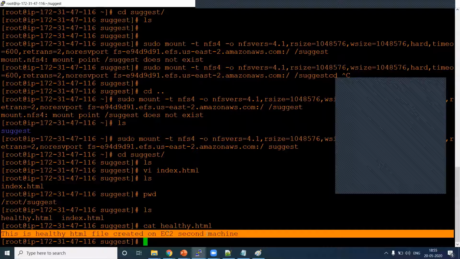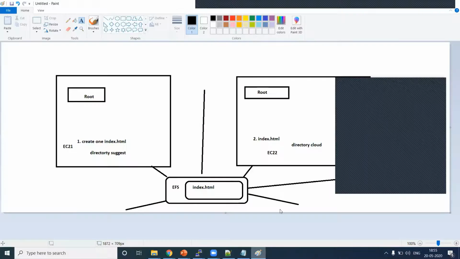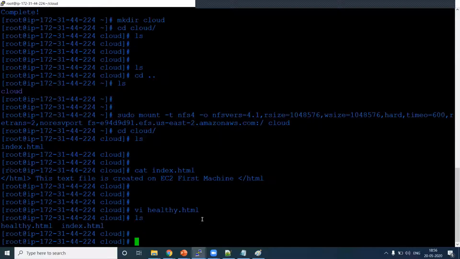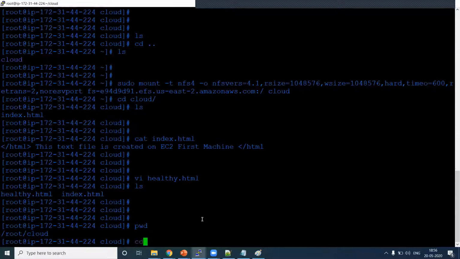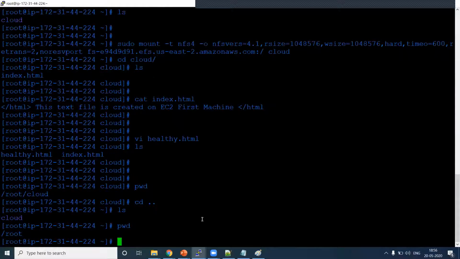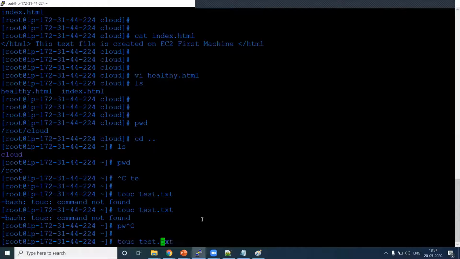So in that way, you can mount and show the same files to both the EC2 machines. Now let me show you one more thing. This is pwd. If I go back with cd and do ls, I'm going to create one file called test.txt. I created this file on the blue EC2 instance.